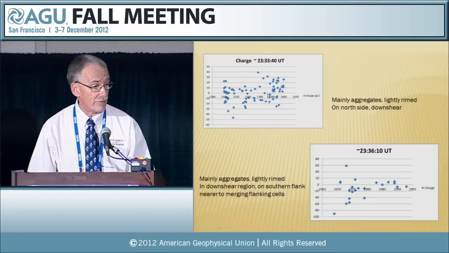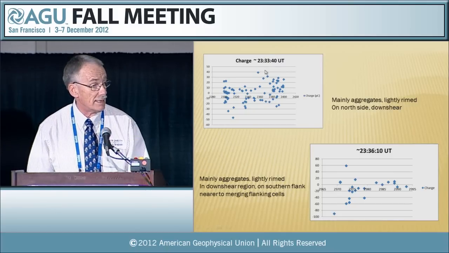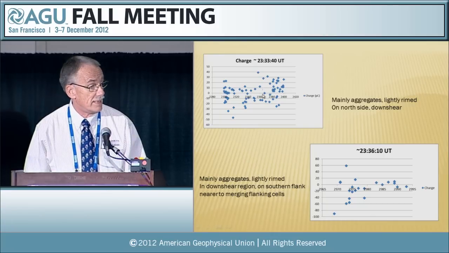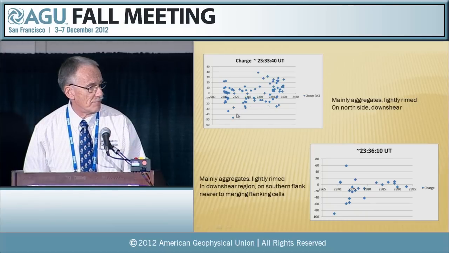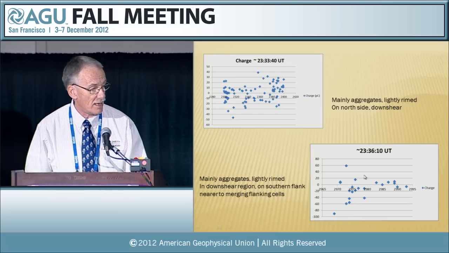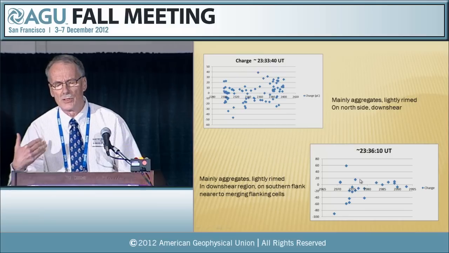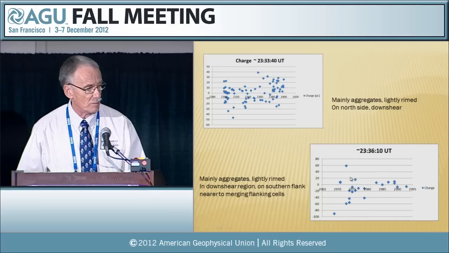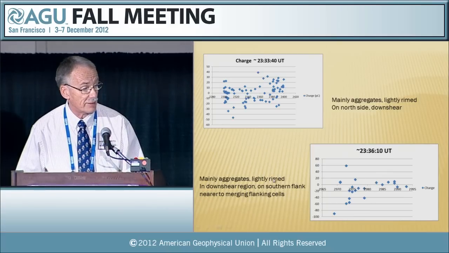And again, we find basically as many positive as negative particles. In the northern portion, I was able to get a few more retrievals, but again, minus 50 to maybe plus 40 or 50 picocoulombs. This region is down on the southern end of the downshear precipitation region where there were some cells feeding in from the southwest. There was a little bit of liquid water, but still mostly lightly rimed particles.